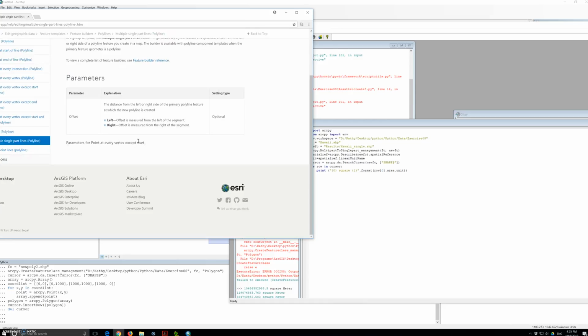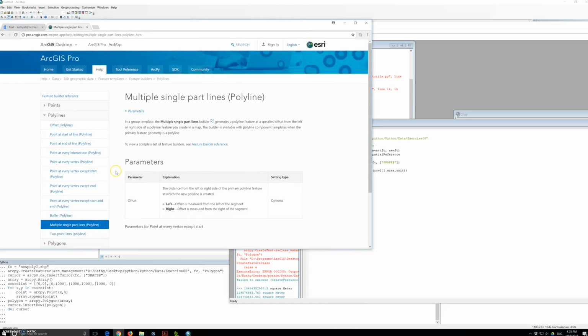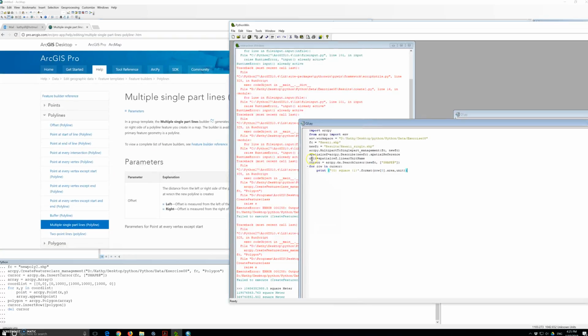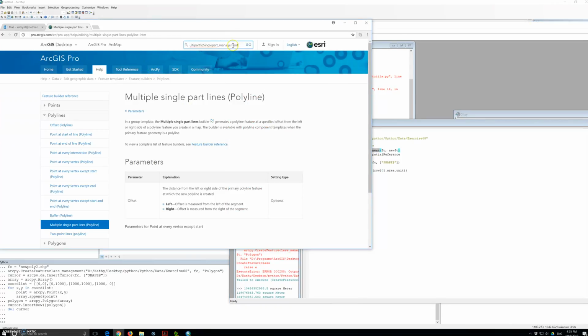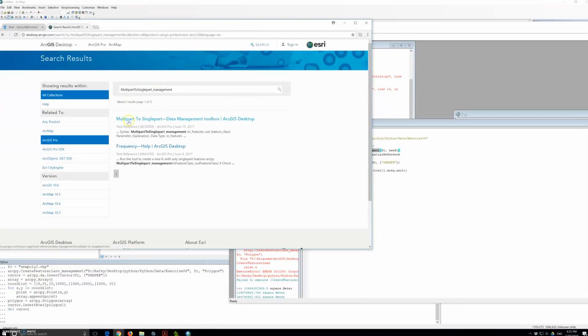Multipart to single part lines. Just search it here, multipart to